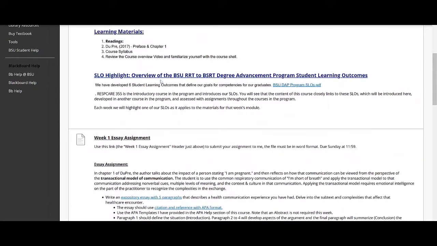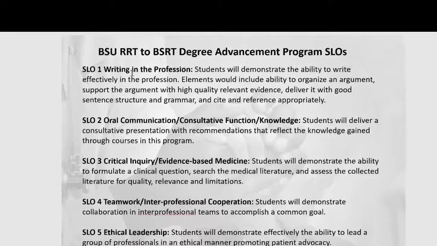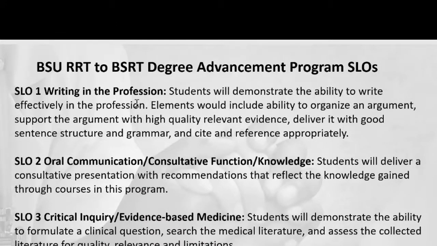Of course, we talked about just now the overview of what the degree advancement program student learning outcomes are, and here's a slide showing you exactly what each one of them is. Okay, so you can see all of our SLOs, or student learning outcomes. SLO number 1 is writing in the profession, and that's what we're going to be focusing on this week. And as mentioned, it's going to be in APA format,